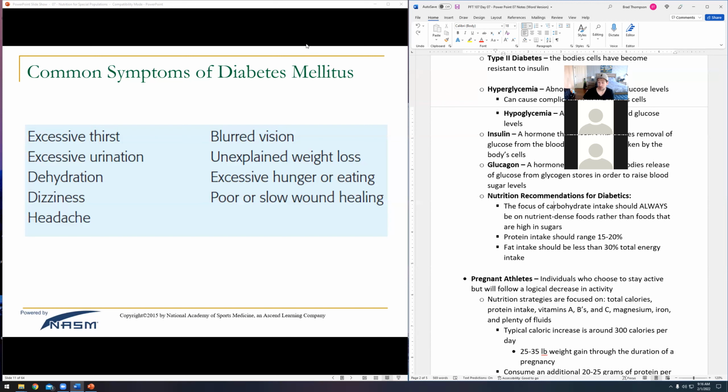And then poor or slow wound healing, this is probably the most famous diabetic symptom, where there's so much sugar in your blood that your wounds can't heal properly. So you'll end up with what's called a diabetic ulcer, where you'll basically have a hole where you got a small cut or something and it didn't heal properly. And so it just gets infected and eaten away. That's how, if you've ever heard of a diabetic needing to lose a toe or a foot or something like that. You've got to remember that those areas are really small blood vessels, and so it's much more common to deal with that there.